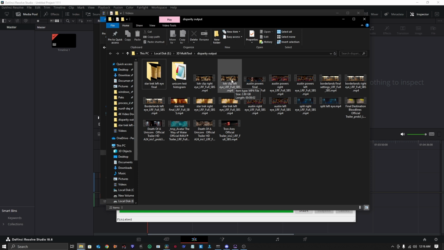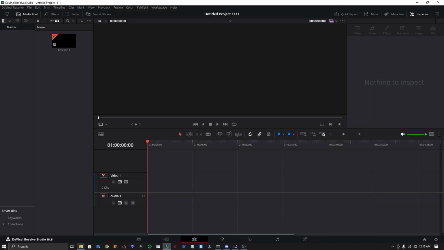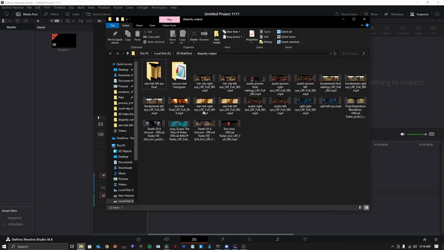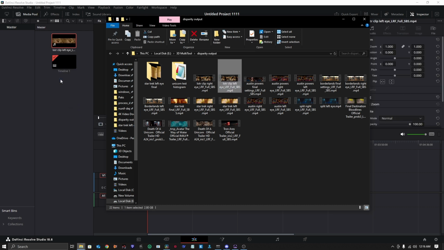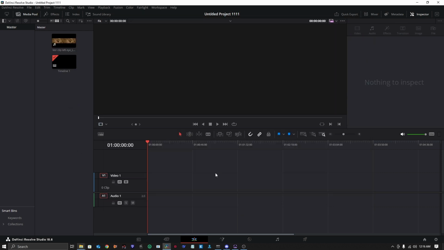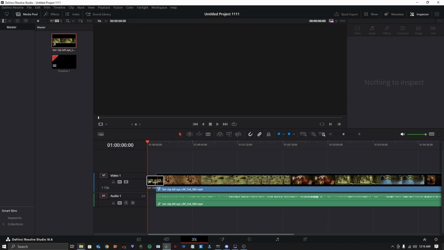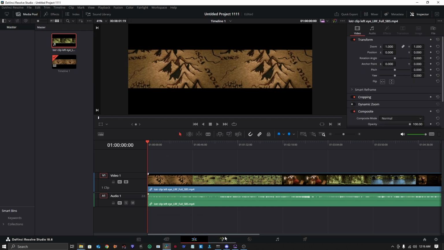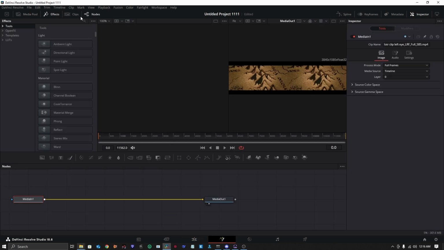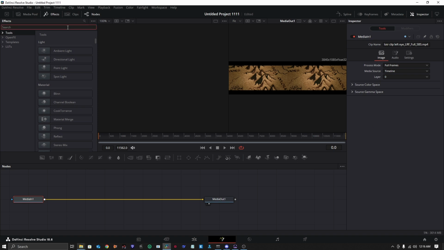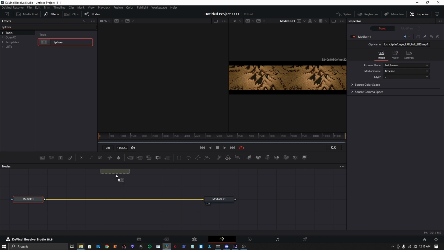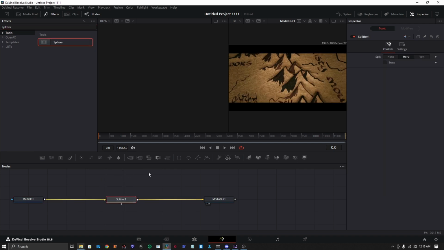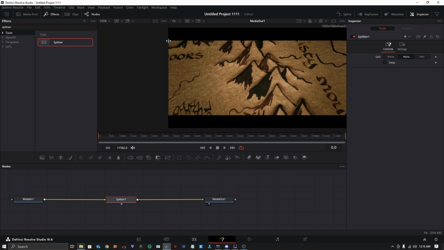After you get that, you're going to want to open up DaVinci, and drag that in right there in your library, and then drag that onto your timeline. After you do that, go right here to the Fusion tab. Click Effects, go to the little magnifying glass, and type in Splitter. Drag that right into the middle line here, and that will split the side-by-side video